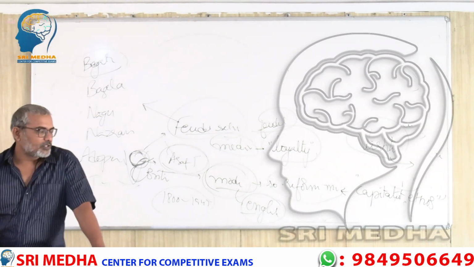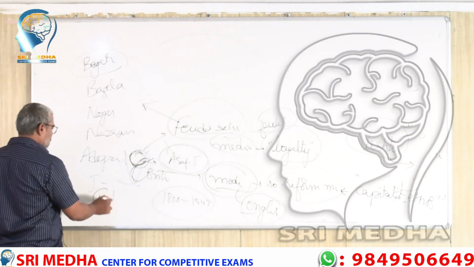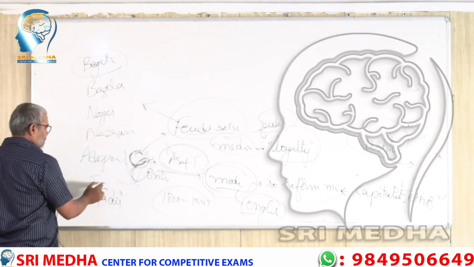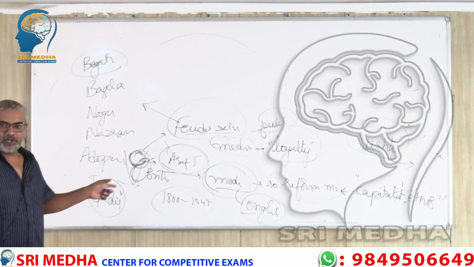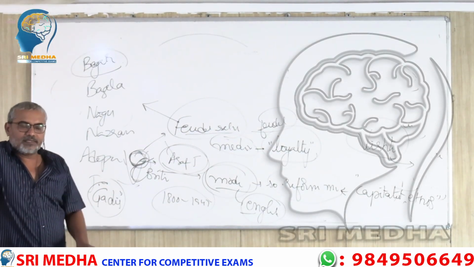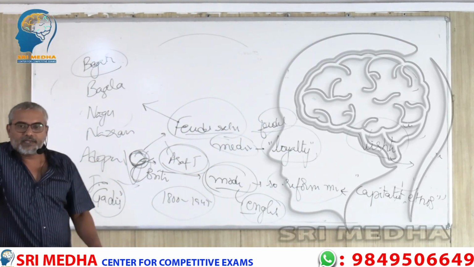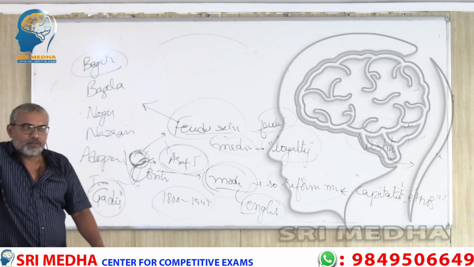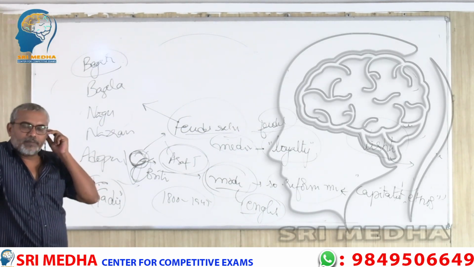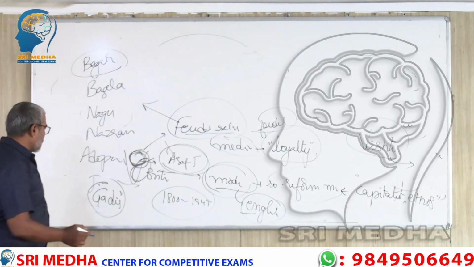So these Doras used to stay in separate buildings which came to be known as gadis. In rural areas, rich people used to stay in gadis. In urban areas, we come across devidis. In old city, we still come across a devidi. Devidi means a palatial building which used to be owned or occupied by members of nobility. So in rural areas you come across gadis.